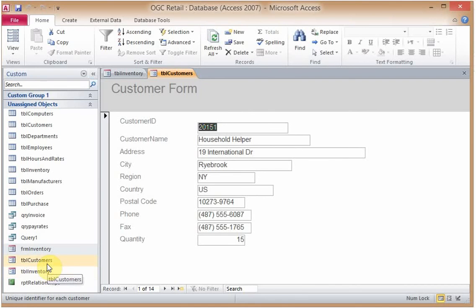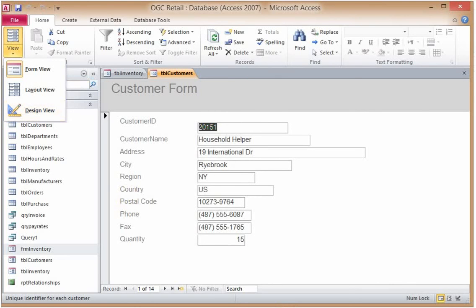You will see that the form itself is still customer, it's still form customers. So we have just gone in and changed the layout of our